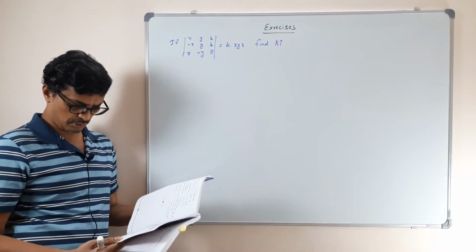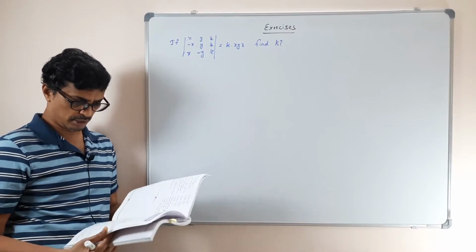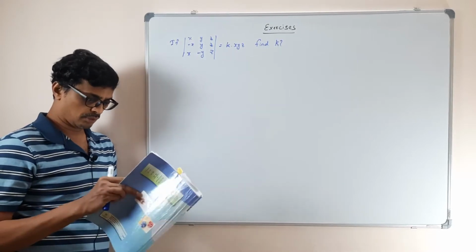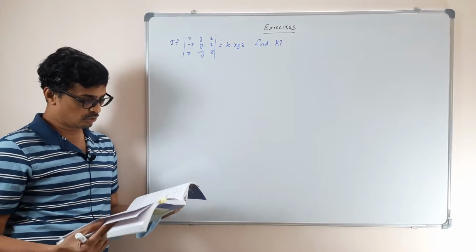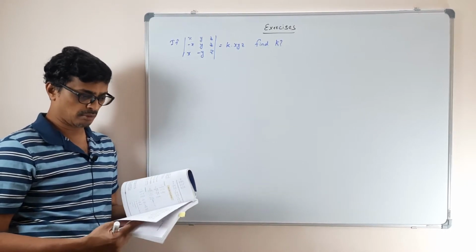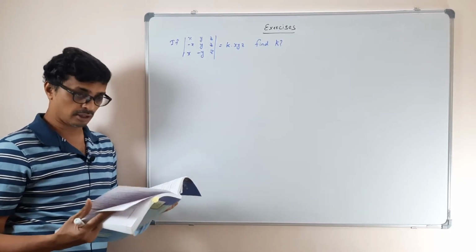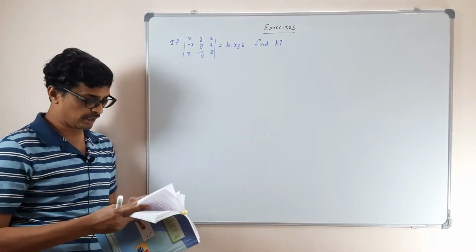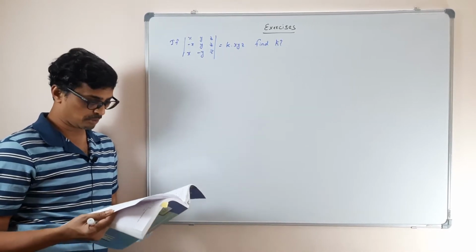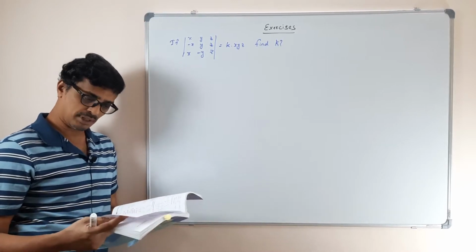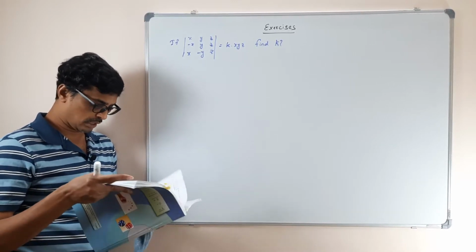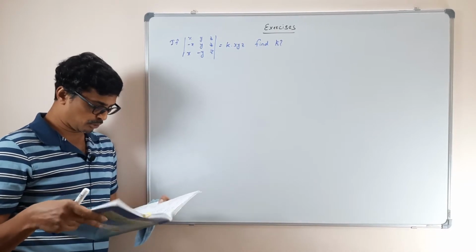So now we are going to do some problems on determinants. The beginning exercises I am leaving. How to find the determinant, how to find the minor, how to find the cofactor, all those things we know. We already did some examples also. They are very simple problems, so I am not going into those problems. I skip them. Rather, these problems may be more interesting.